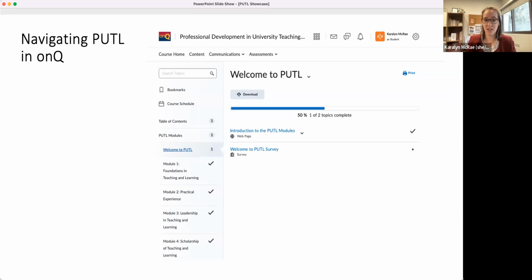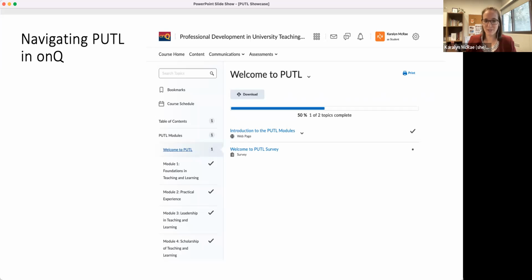It will also have pretty clear explanations of what the deliverables are for each of the modules, and then how you submit them. Everything is submitted right in OnQ, and then an EDA will reach out with some feedback right through OnQ. So it's all housed in the same spot.